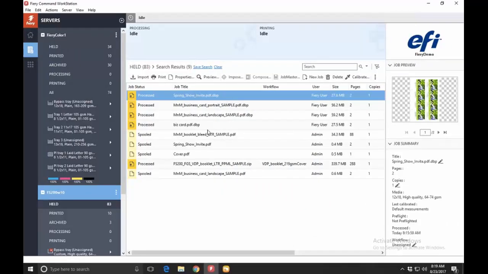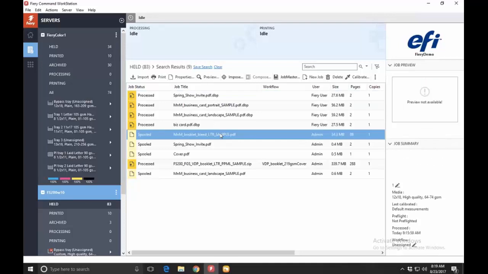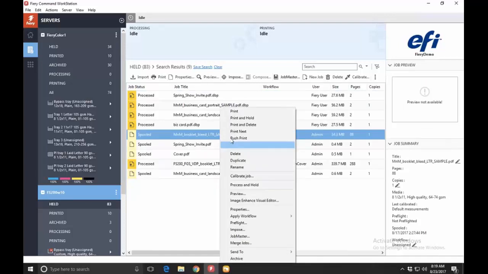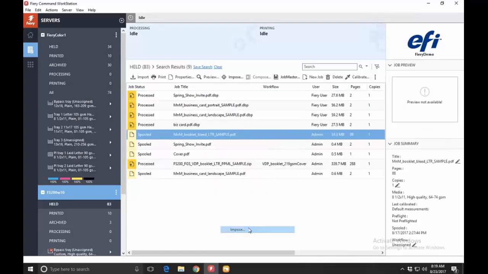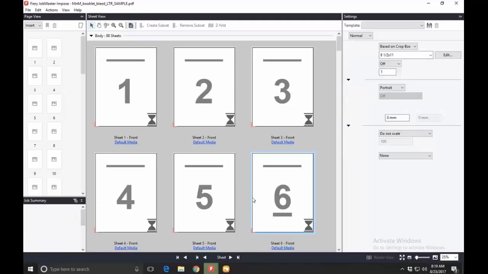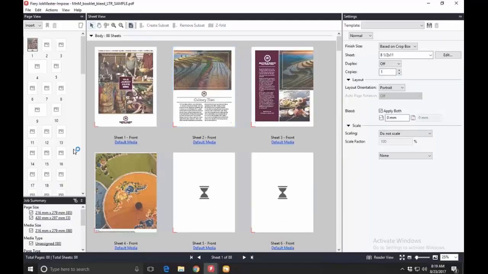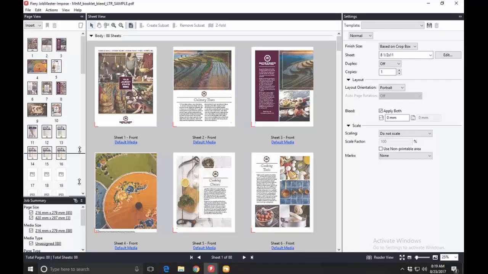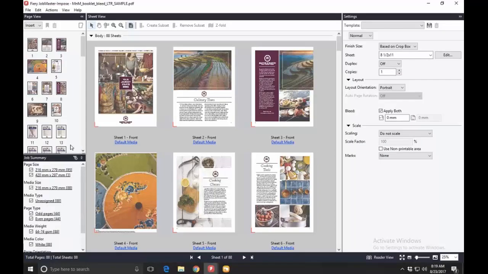So I have a file, I think it's right here, it's 88 pages. I'm going to go into Impose, and I'm going to use the job summary. I have to point out, job summary is actually available for Fiery JobMaster, but I think it's a great little tool for long document assembly because it